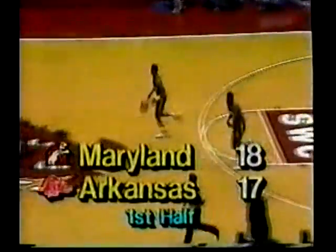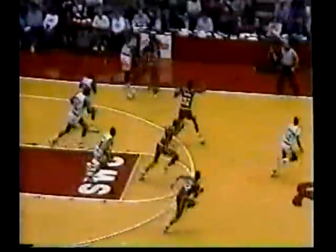Lindsey Howell running jumper baseline. Pretty shot. Lindsey Howell, his first basket. Very difficult shot. He left the floor and was fading toward the basket. And it's an 18-17 ball game. Another interception by Miller. Outlet to Mayberry again. Mayberry lays it up and in. 10 for Mayberry. Miller has excellent passing skills and is able to see the...